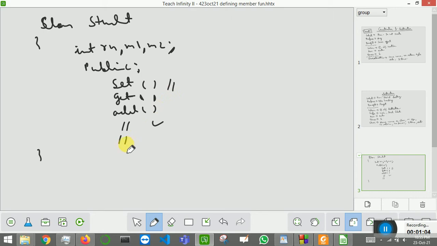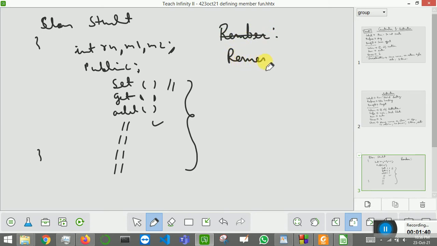When I move on to object passing, then I will be adding another function for object passing. When I move on to friend function, then I will be adding another function for friend function. So I mean to say that I will be using this same example from now onwards for every topic. So you have to get familiar with it, and you have to remember this class. You have to remember this complete example of student class.